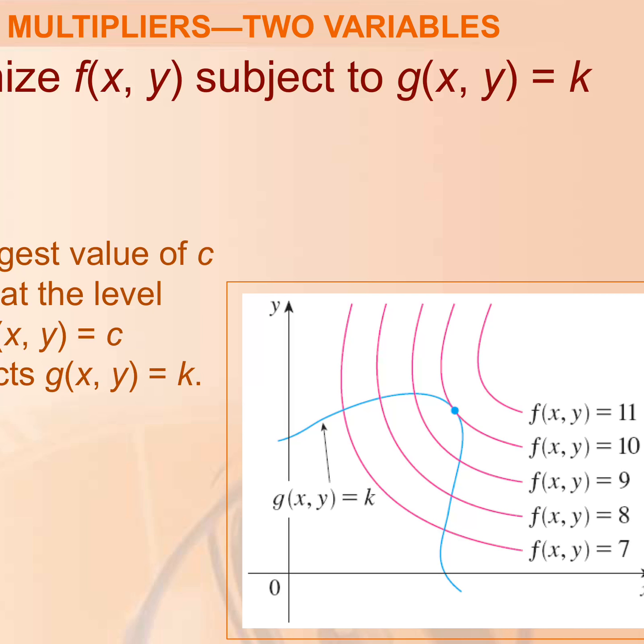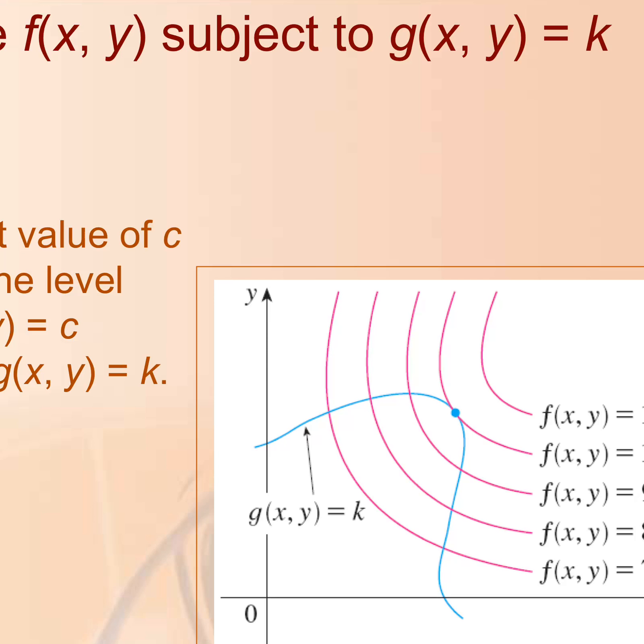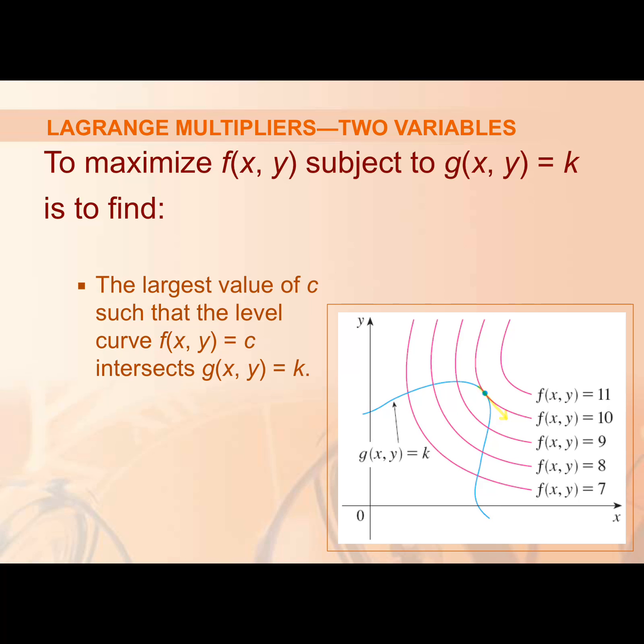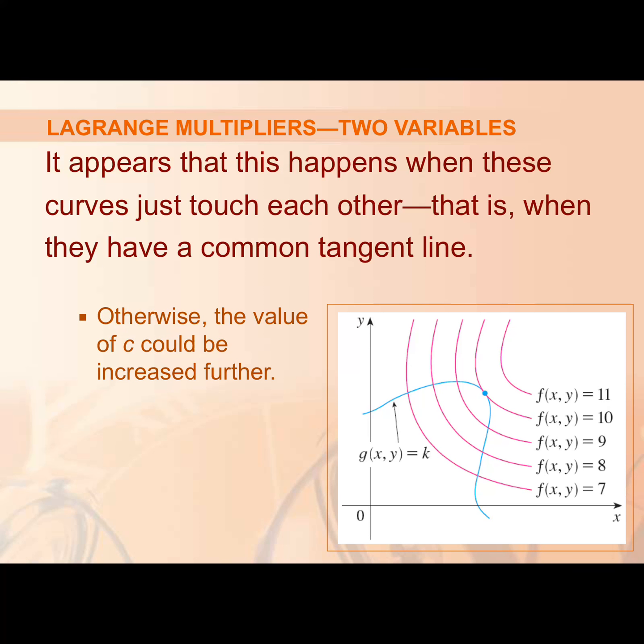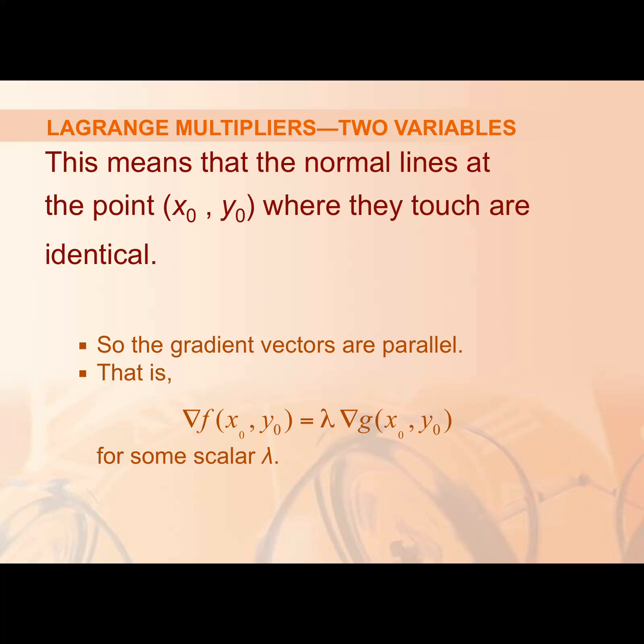So perhaps it's even clearer to see here. The tangent line to f is shared by the tangent line to g. Okay. g of x y equals k. So this is the tangent line of the level curves. That means that the tangent planes, that is, when they have a common tangent line, the tangent planes of the surface f of x y and g of x y equals k